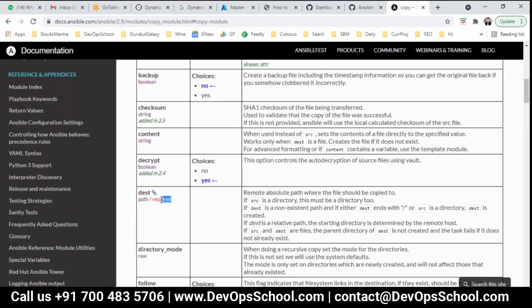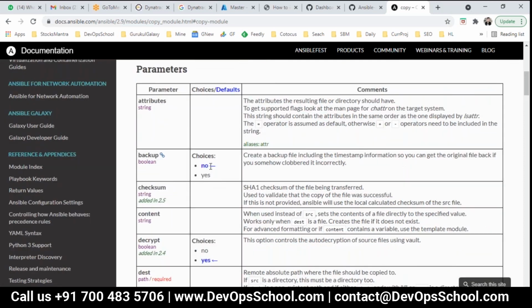You see the dest parameter is required and is in red. Now you see choices, which means some parameters have certain choices like yes or no. The blue one is the default, set by default in Ansible. If you want to change this behavior, you have to make it yes.